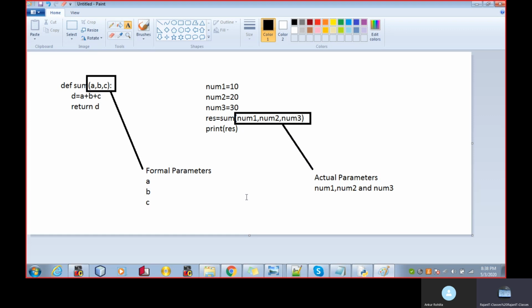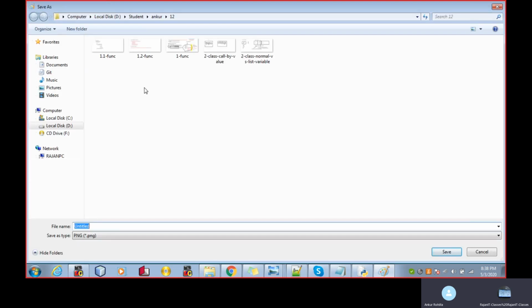Not 90%, 99%, it will come 100% in your exam. So you must know the difference between them. What is the difference between call by value and call by reference? Yes, sir. Let me, in the meanwhile, save all the files. Just give 5 minutes to yourself and think about it.